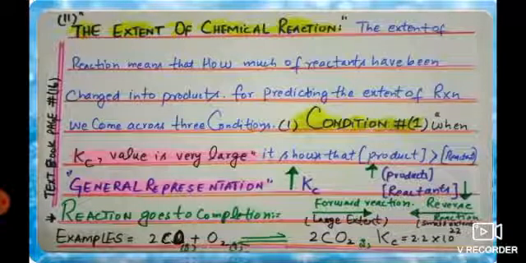As generally we can show it by the green arrow. When the Kc is large in amount, the above direction shows it increases, so the product concentration is also increased, but the reactant concentration decreases. For the reactants we have shown the down arrow, for the product we have shown the upward arrow. So the reaction goes to completion. Like here, most of the reaction has gone to completion, as shown by the other arrows. The forward reaction has taken place to a large extent, but the reverse reaction has taken place to a small extent.